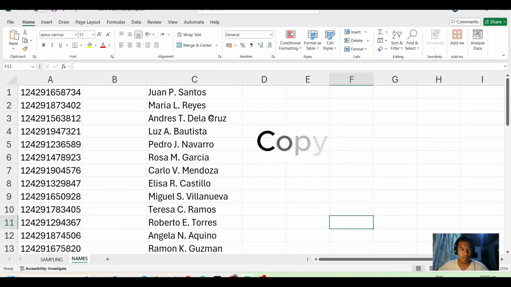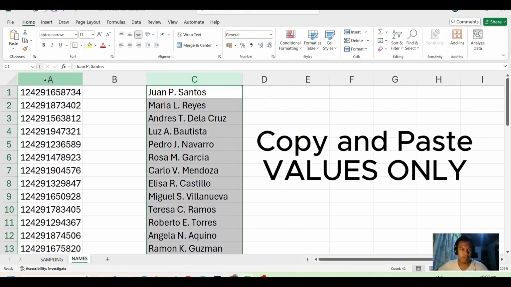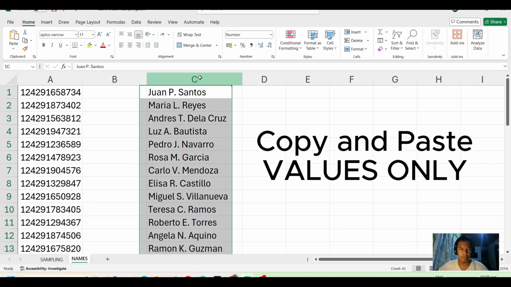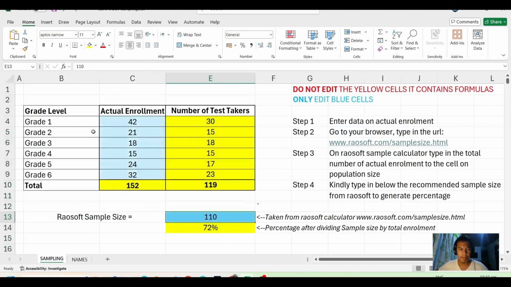When copying from the LIS, there is an empty column before the name: from LRN, an empty column, and the list of the names. In this sample, we're taking 42 learners from grade 1, so we'll only need 30 learners.